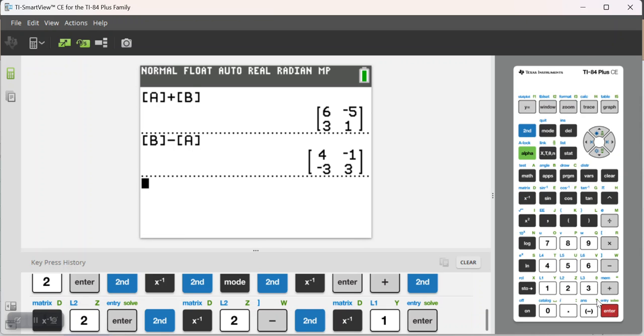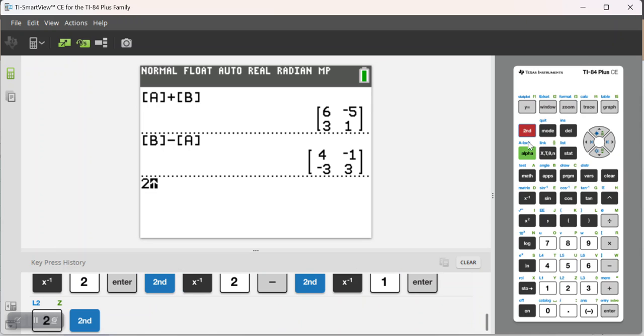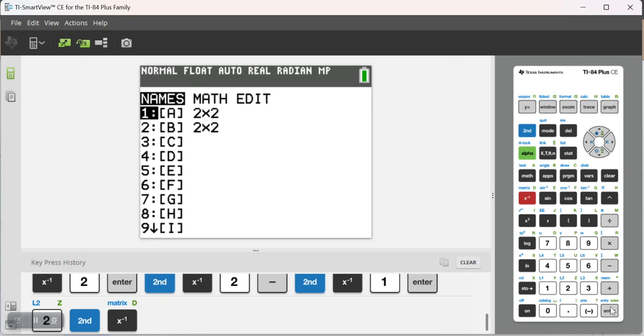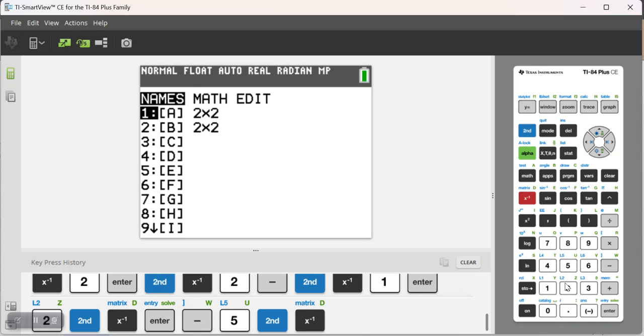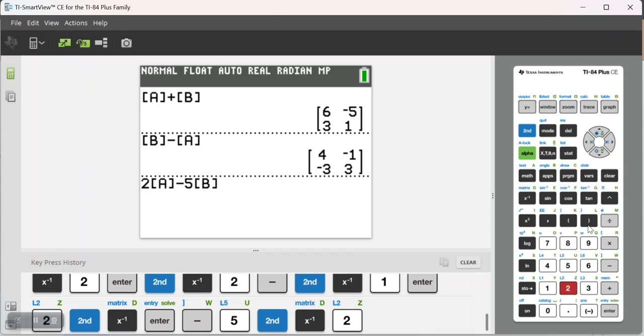Or I can even do what's called scalar multiplication, and I could take 2 times matrix A and subtract from that 5 times matrix B, and what that will do is that will actually take every element in A, double it, and then from the corresponding element in A, it will subtract 5 times the element in